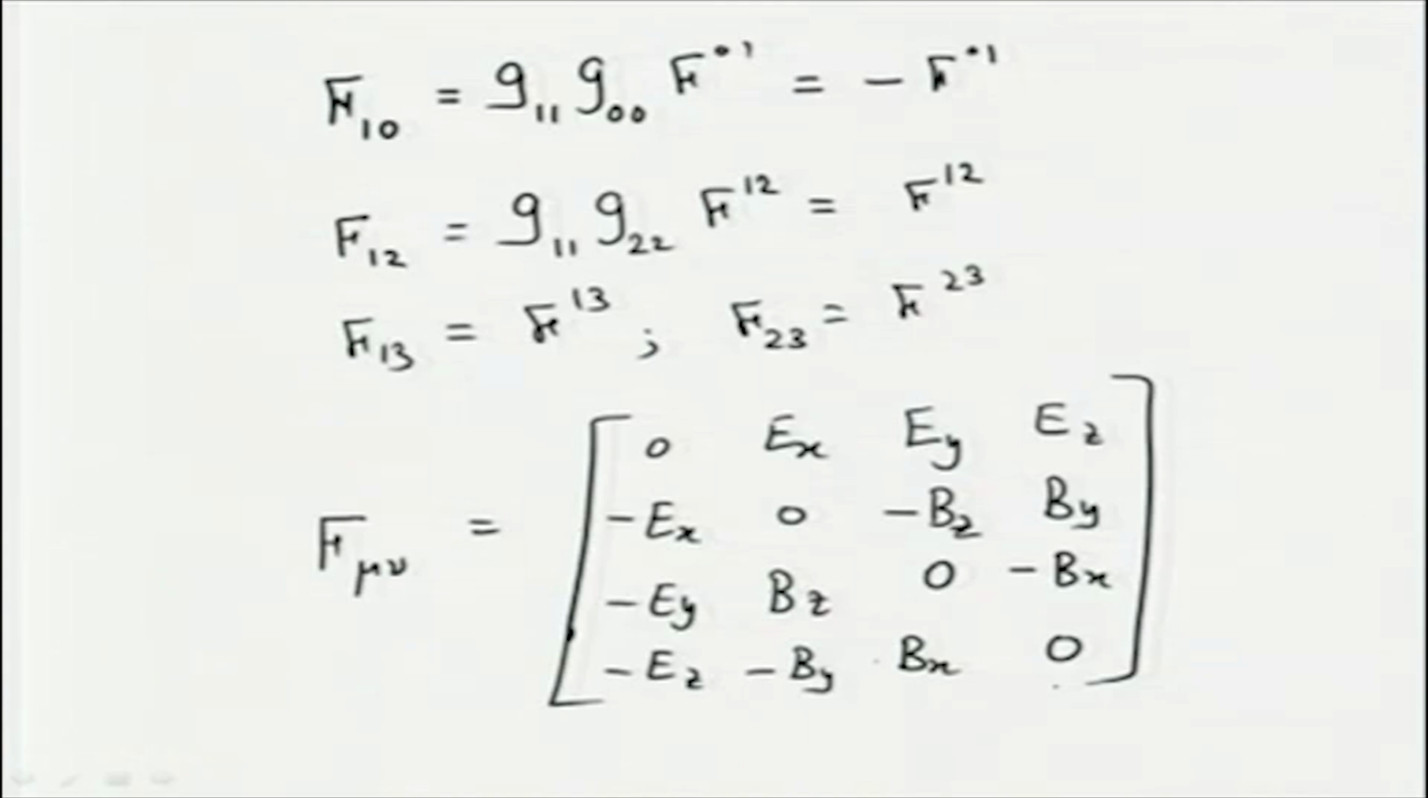So, this is basically the covariant F mu nu. Between contravariant and covariant F mu nu, the electric field components change sign and the magnetic field components remain the same. That is easy to consider. Another object